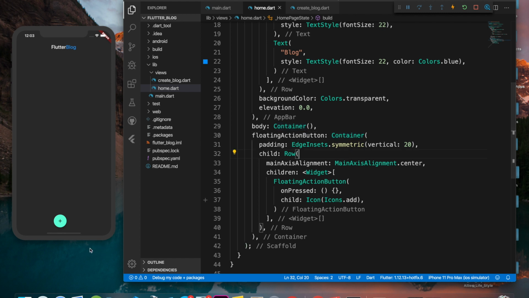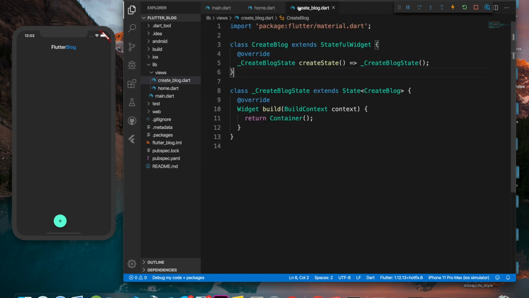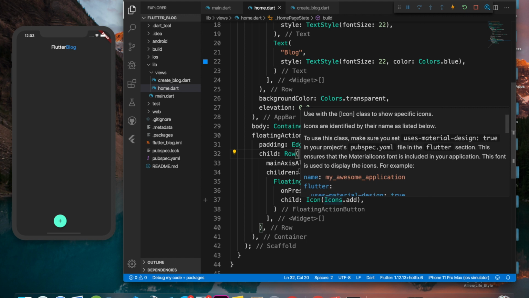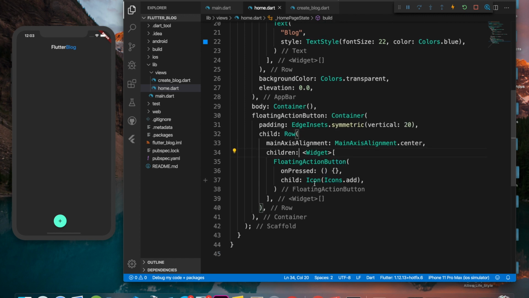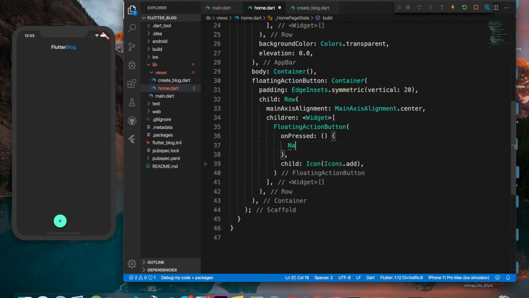Now what we want is, when we click on this, we should be redirected, or we should navigate to another screen, which is called create blog. Okay, so how are we going to do that? We are going to do that by using something called Navigator. Okay, so how do we do that? We are going to say Navigator